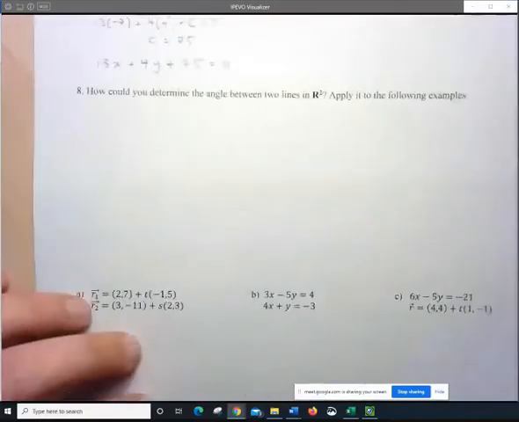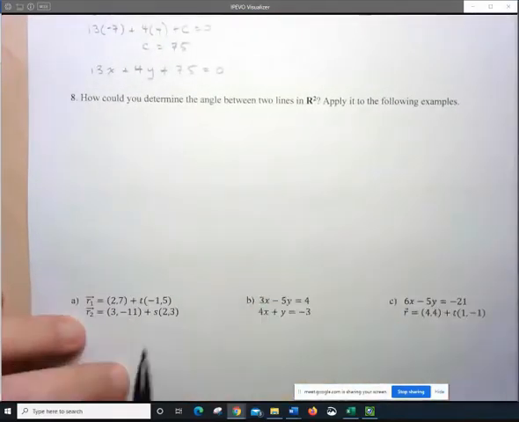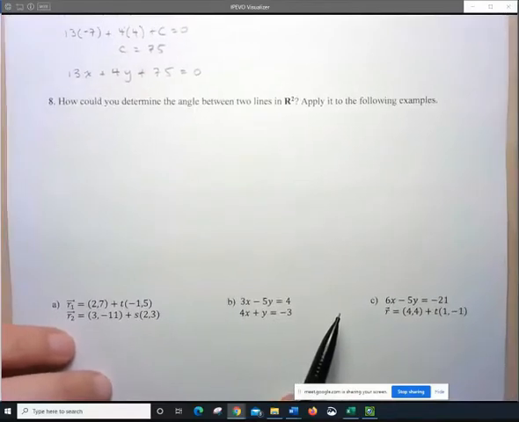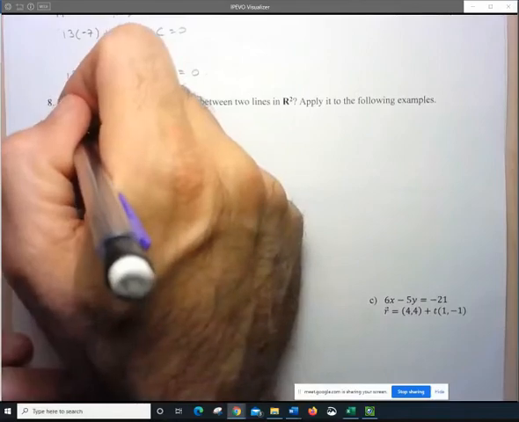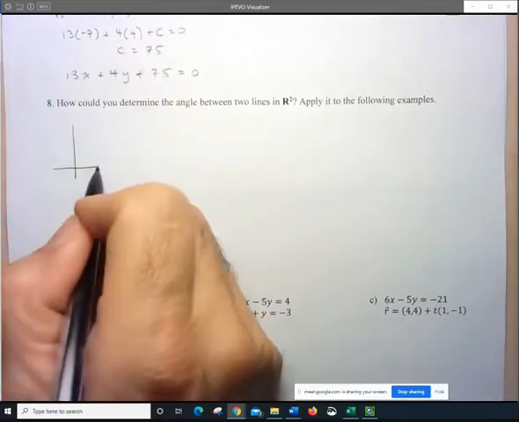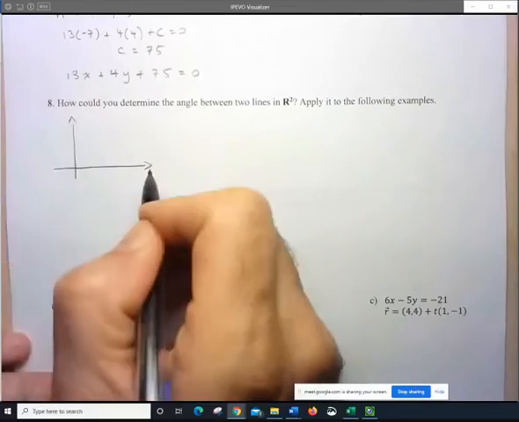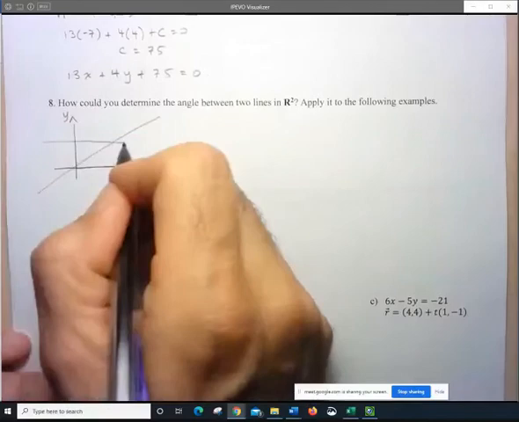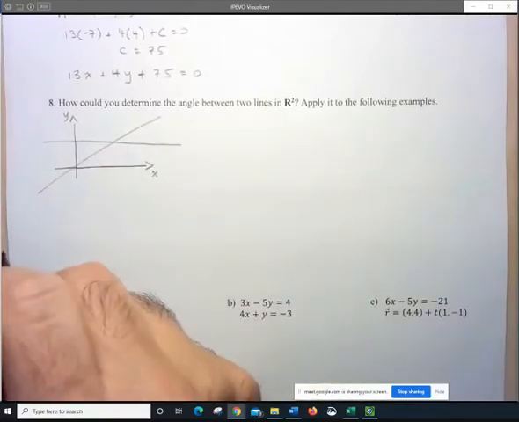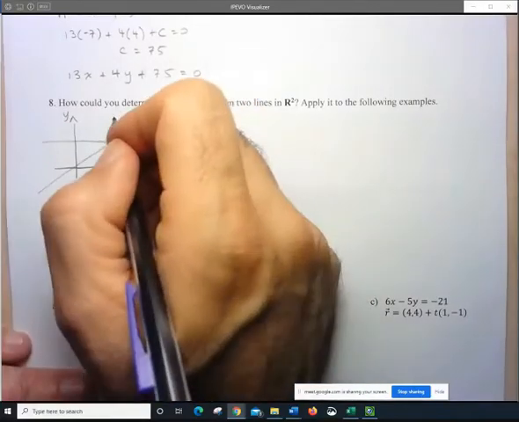So again, let's say you have two lines that represent two routes that are being followed by different objects, and you want to determine the angle between those two trajectories. Well, you'd be looking for the angle between the two lines. Now, there's certainly the easy version of this. Okay, so here I've got two lines. And the easy version, I would say, is if you have the